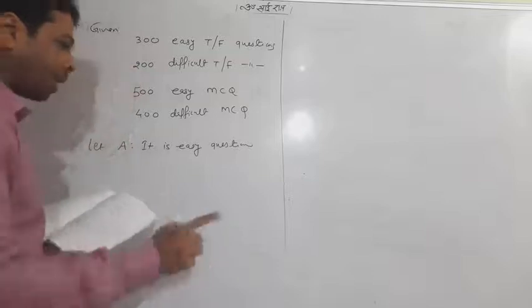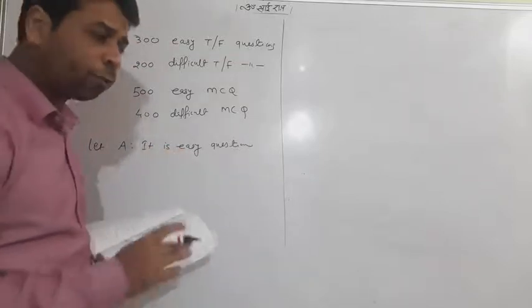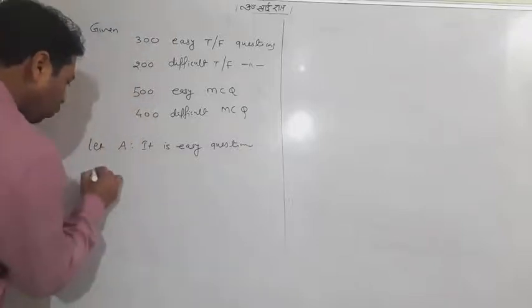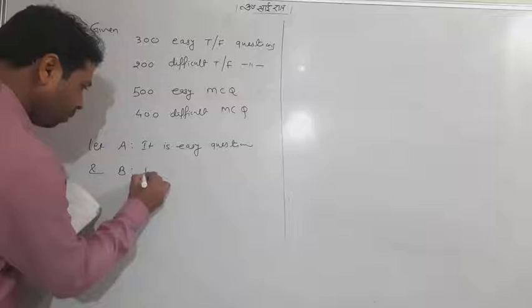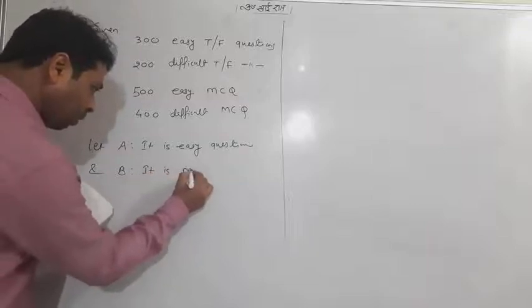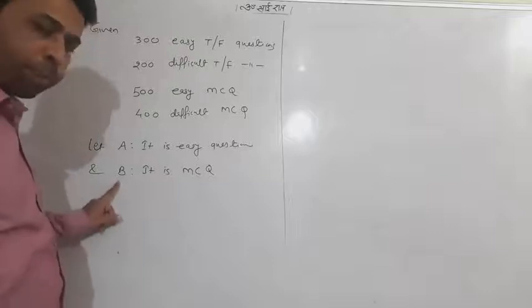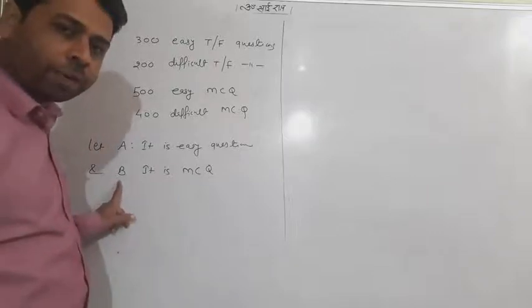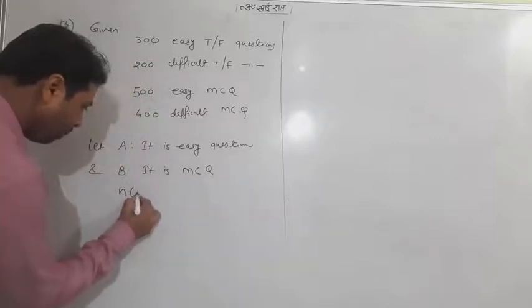And you remember that after finding A, we need not find N of A, we need not find P of A. But we'll go on B. B is a given multiple. It is a multiple choice question. Now, this is very important. So B, which is a given, has occurred, we will find N of B, P of B, all. So N of B will be searched out.